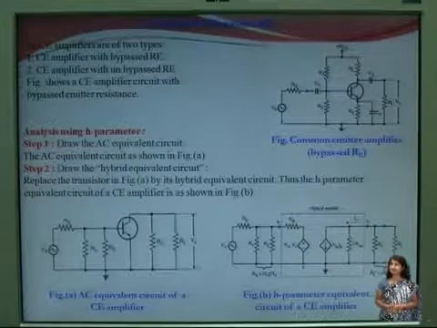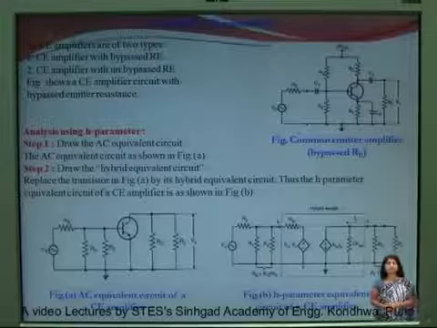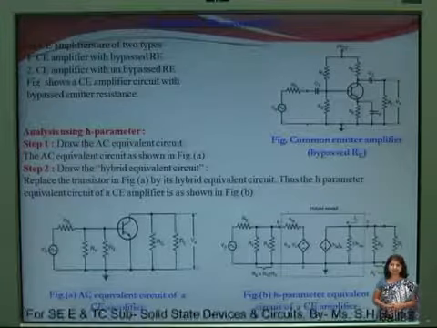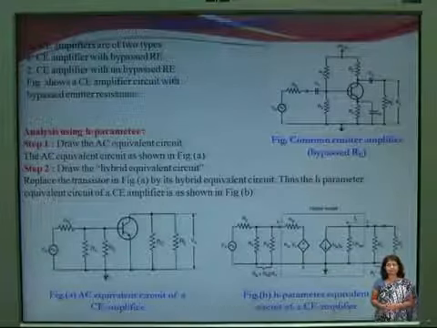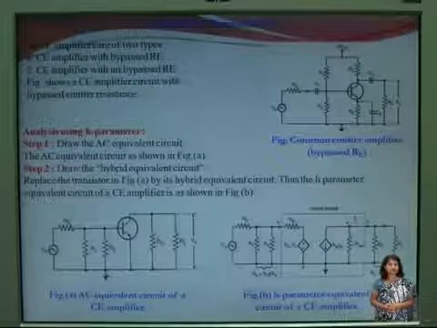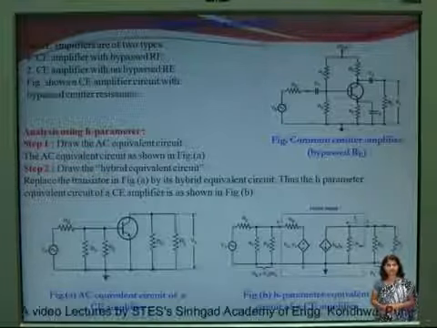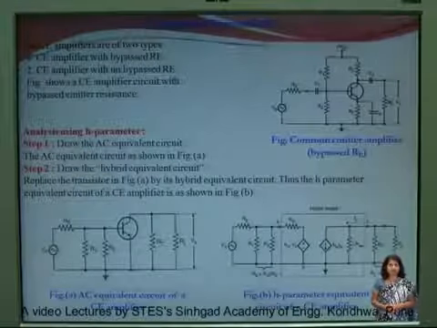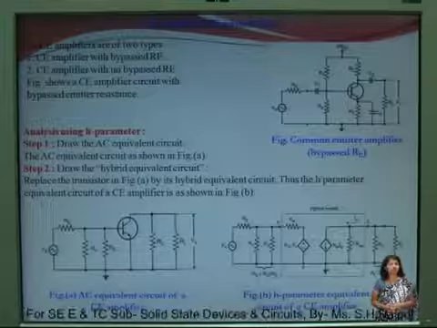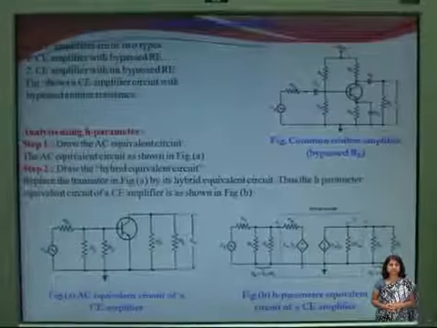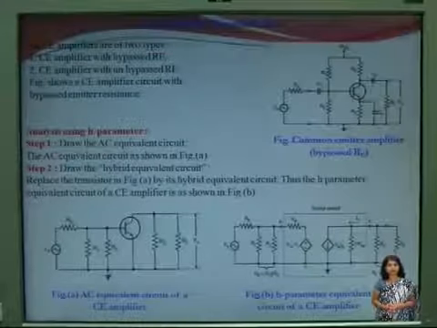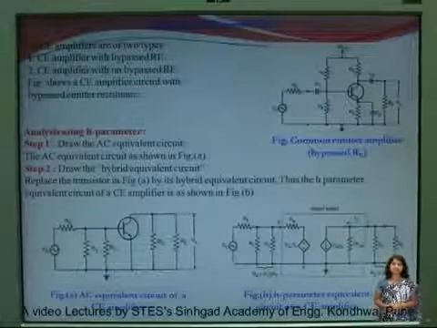If you observe the figure carefully, you can observe here R1, R2, RC and RE. These are the four resistors. At the input section the source resistor is given. At the output section the load resistor is given. Then a voltage source is applied. Then capacitors C1 and C2 are called coupling capacitors to connect the circuits with each other, and CE is called the bypass capacitor which is connected across RE.